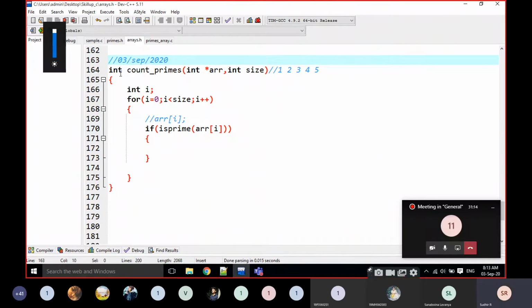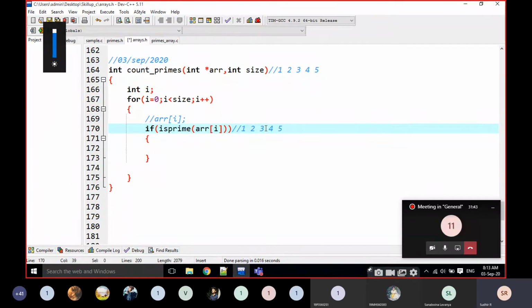I'm going to call is_prime of ARR of I. Instead of, for example, passing some number n like we do every time to check whether the number is prime or not, here the number is ARR of I, right? First ARR of I is 1, the next is 2, then 3, then 4, and next 5.